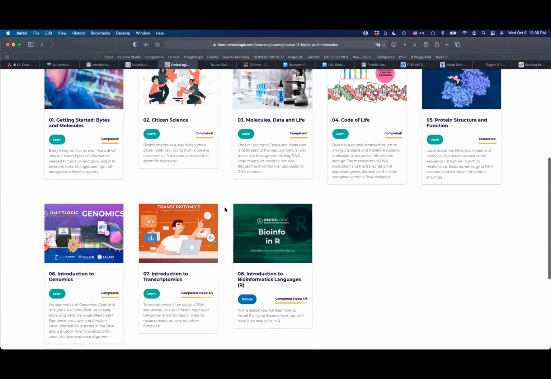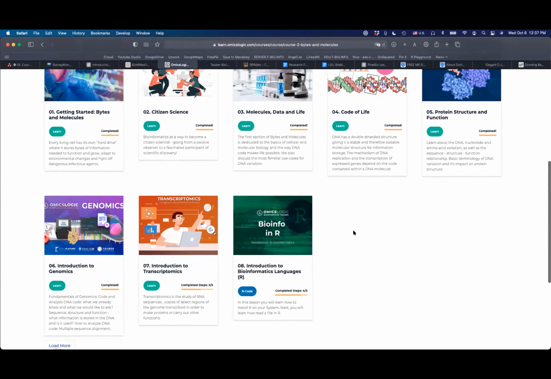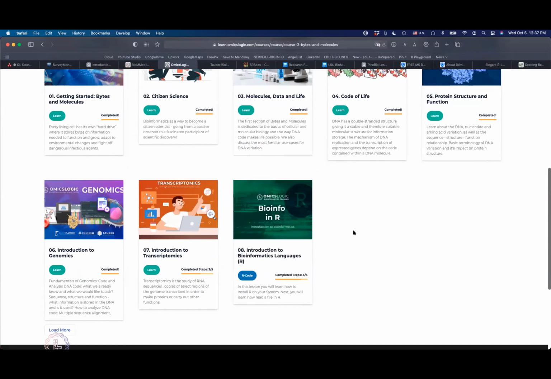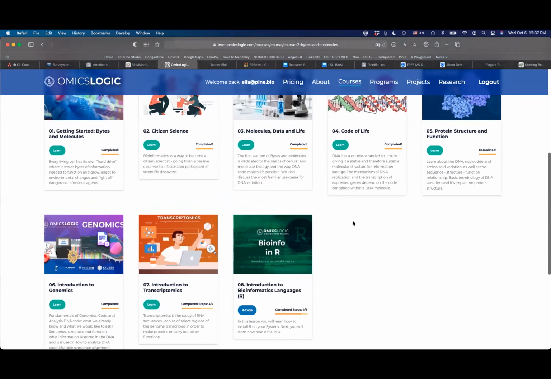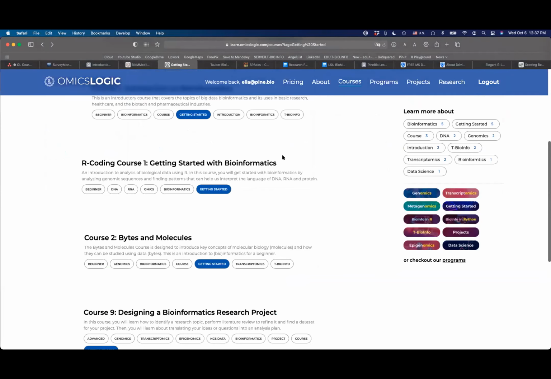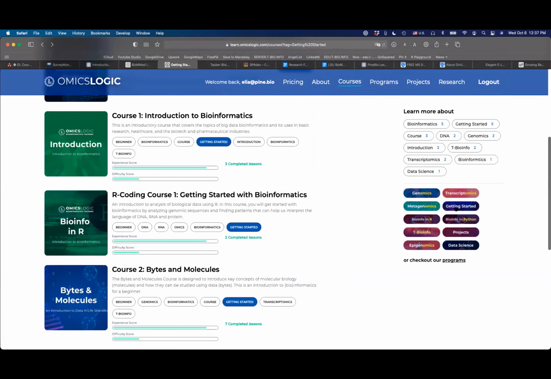You will also have some introductory courses specifically to genomics, transcriptomics, and we're adding more and more resources into this course to make sure that anyone who's getting started has the terminology and kind of a high level overview of what all of these different elements are, what do they mean and how are they used. So you will also find that under this specific Getting Started link, and I will share the link right here too,